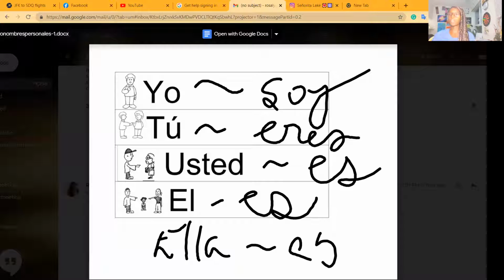Una vez más. Yo soy, tú eres, usted es, él es, ella es. Okay? So far we have gone over el alfabeto, some pronombres, all of the pronombres, and the verb to be in español, only using the singular pronombres. We're going to go back to